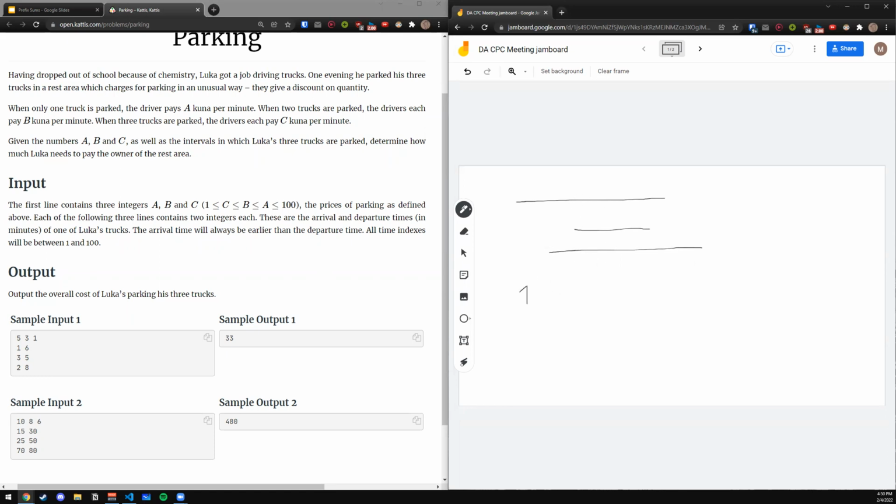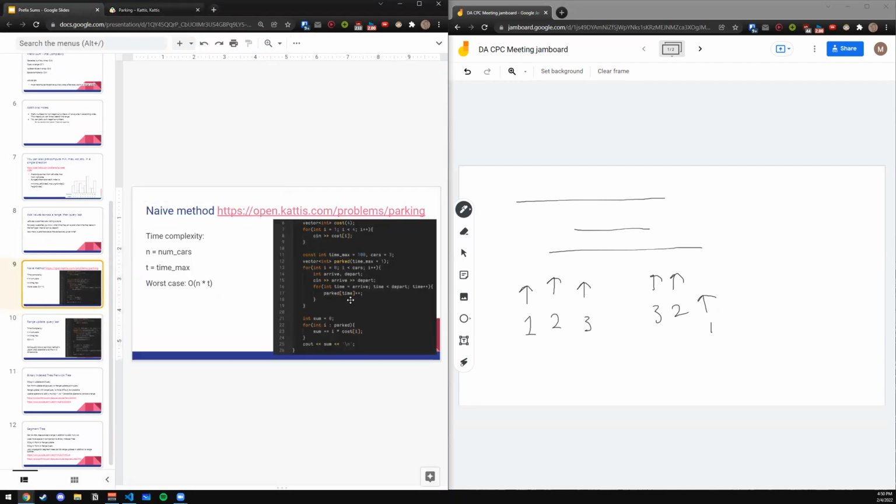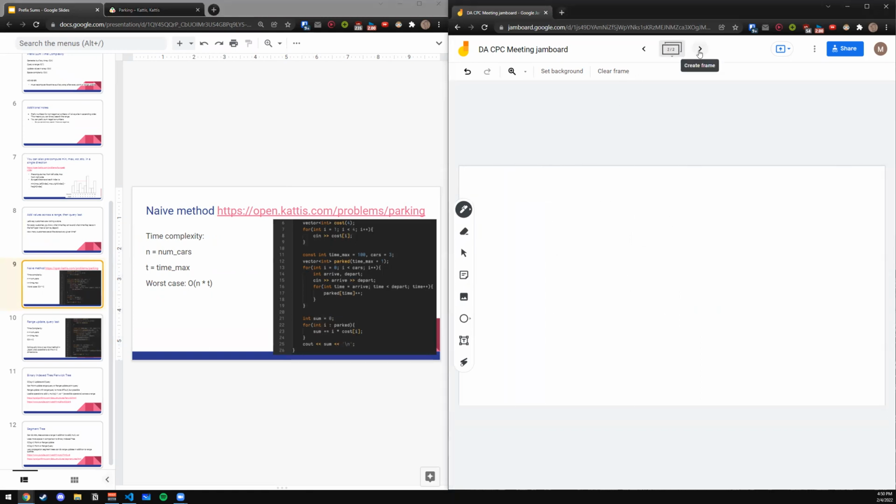And then here, this is 1. Here, this moment in time, it's 2. And here, it's like 3. And this is still 3. And then it becomes 2. And then it becomes 1. Something like that. And so the naive method is to just increment these values. So for every moment in time, from the arrival time to the departure time, you keep on incrementing. So for number 1, you'd increment 1 for every one of these values. And that works, but another way to do it would be